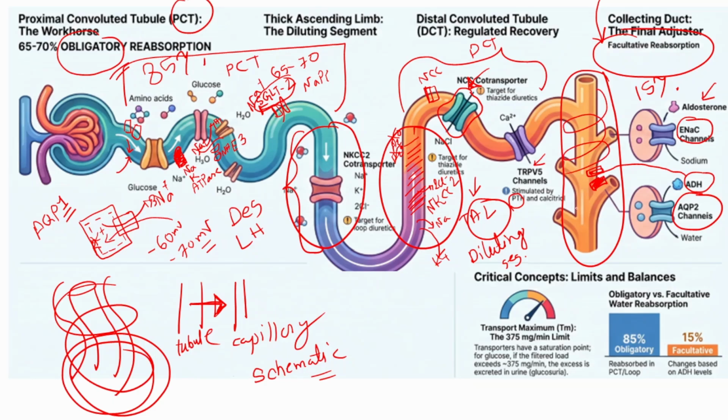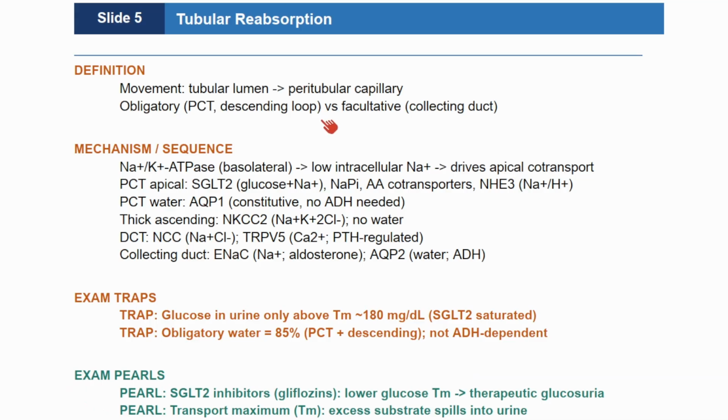As we finish defining this intricate network of secondary active cotransporters and variable water channels, we see how the basolateral engine directly powers every single apical entry step downstream. The mechanical limits of these specialized proteins mean that if a solute concentration rises too high, the molecular channels hit an absolute physical wall, which brings us directly to our structural side review to anchor those core definitions, diagnostic traps,